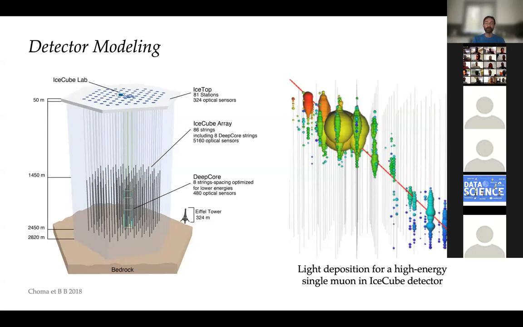In a paper that we did with Joan and his students 3 years ago, we used graph neural networks to model the detector and classify the events in this detector. Basically, here you want to distinguish between background events and neutrinos that come from astrophysical sources that are very energetic. The problem with this application is that you have a lot of noise. The neutrino events are extremely rare, even with this huge detector.